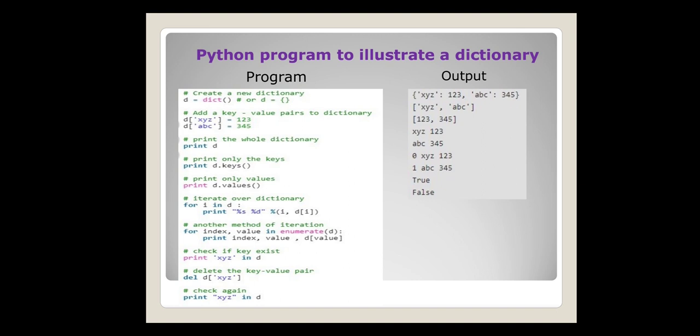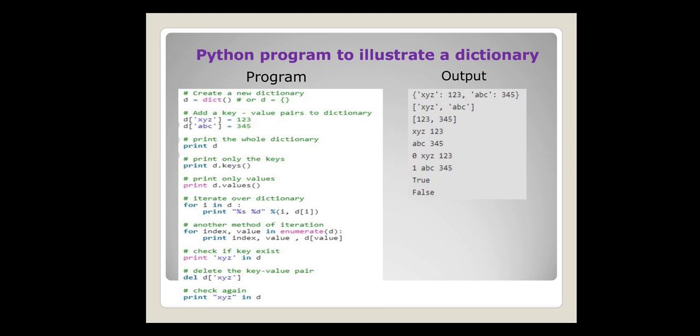After that, if you want to add pairs into the dictionary, you need to specify the key name directly along with the dictionary name, use the assignment operator, and then the value. So here D xyz, xyz is a key and the assignment operator is equal to, and you are assigning a value 1 2 3. You need to specify key values in square brackets. After that, we are adding another element ABC into the dictionary and assigning value 3 4 5.